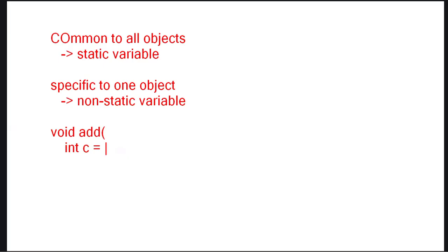To take dynamic values, how many ways we have? We have, number one, I can take the values as arguments from another programmer, or take values from the keyboard. Now tell me, when should I take values from the keyboard? If it is a main method, if the end user is interacting with you,